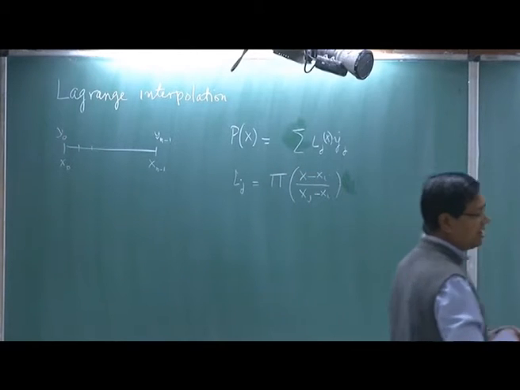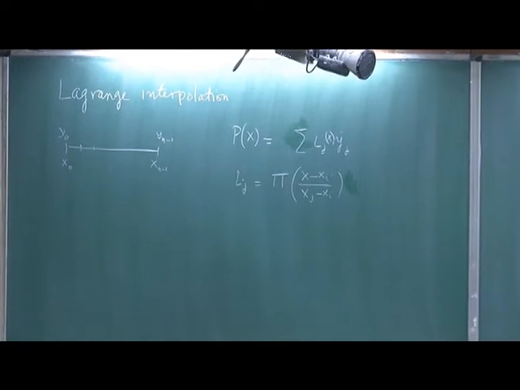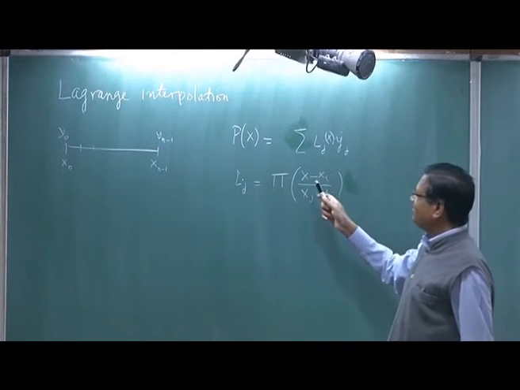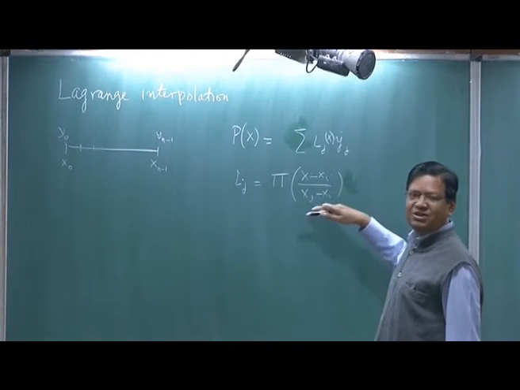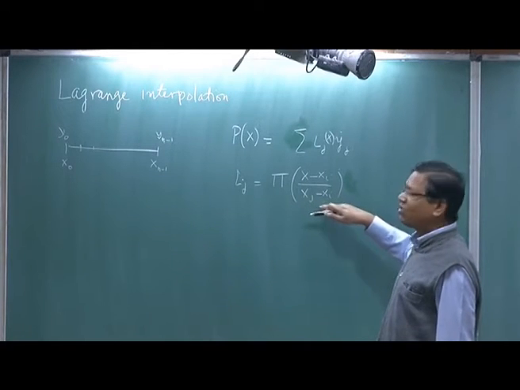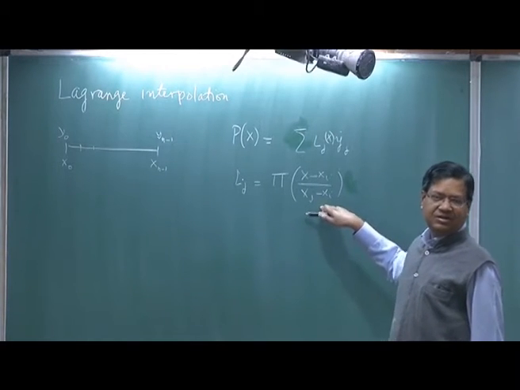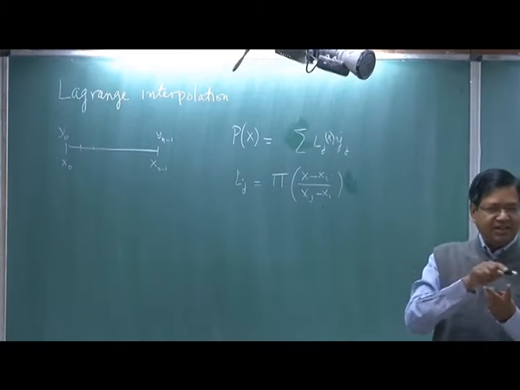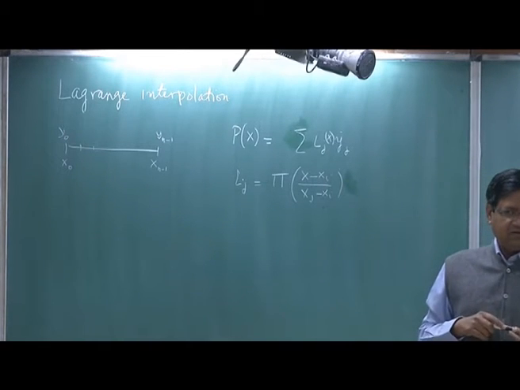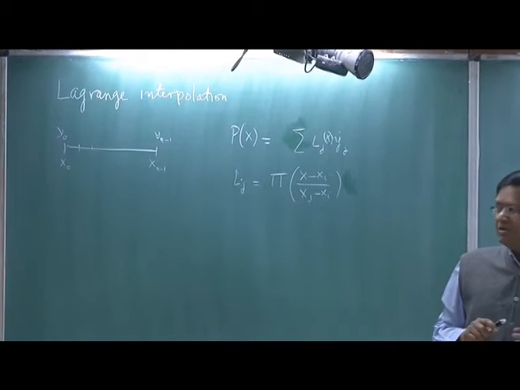And if you use a large enough number of points, then you can get a reasonably good approximation. So we get a first order polynomial, second order, third order, depending on how many points you choose. The easiest is 2 points, which is linear interpolation. Okay, so it's clear to everyone.